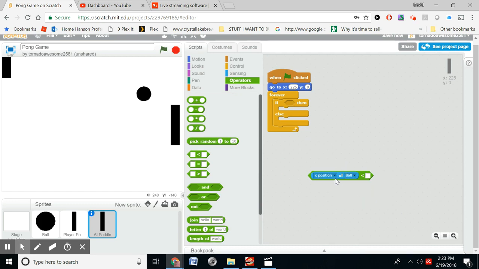It's going to be the Y position is less than 200, because you can see down